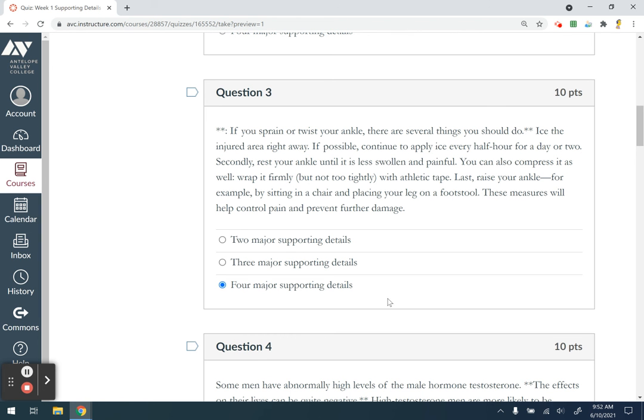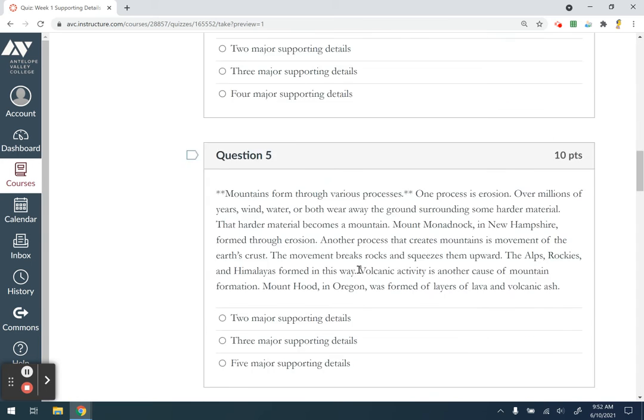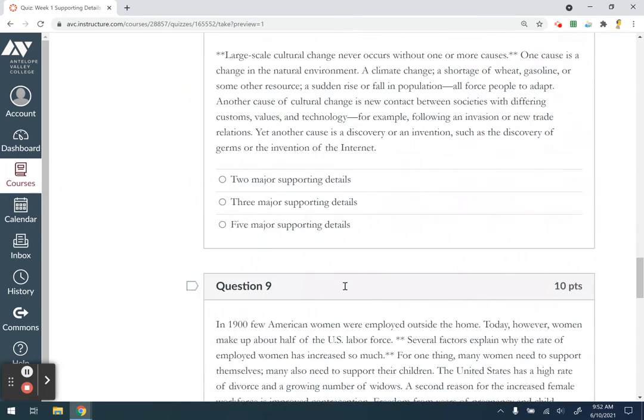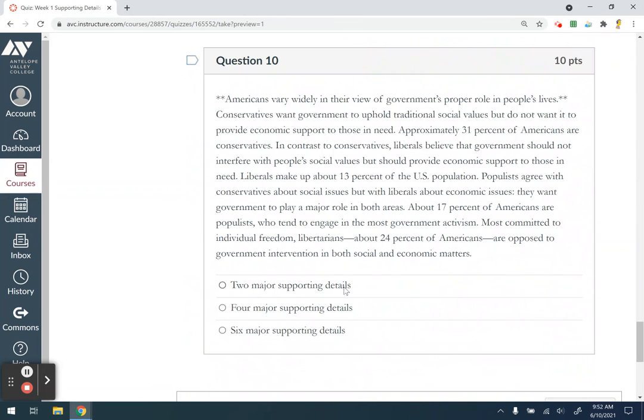And then let's go with one last one. Let's go to the last one here, number 10. This one's a little longer. So again, we'll work with this. So it says,